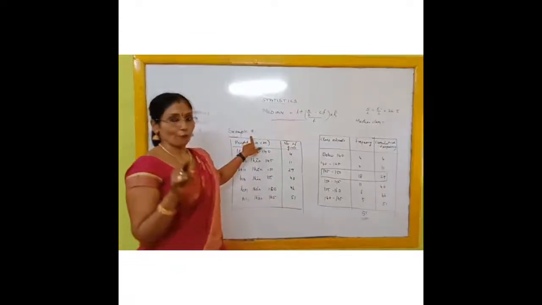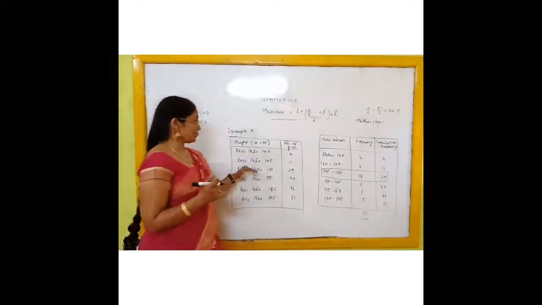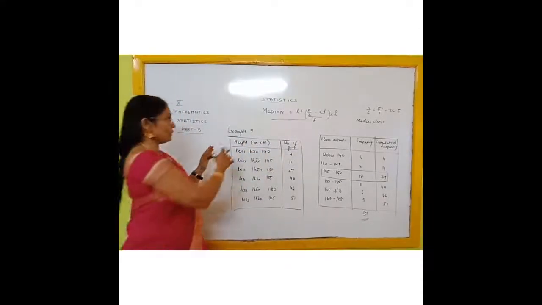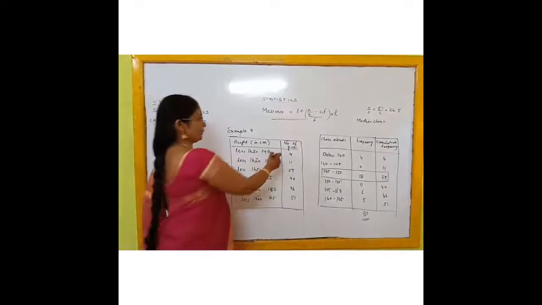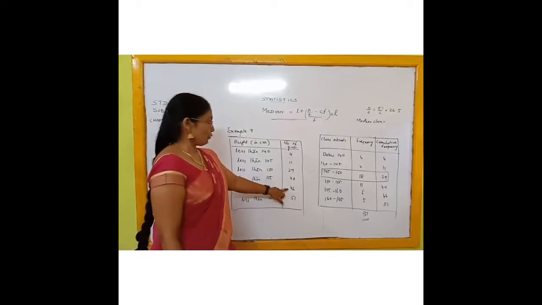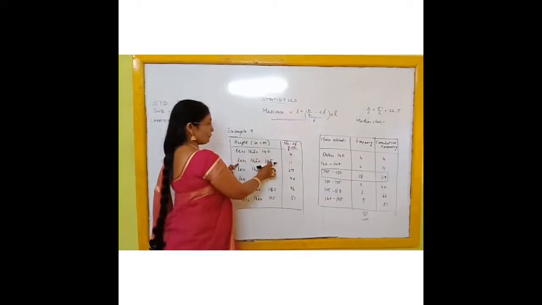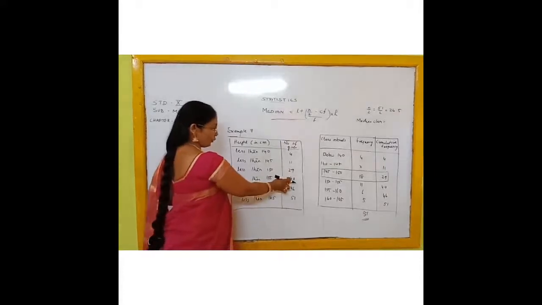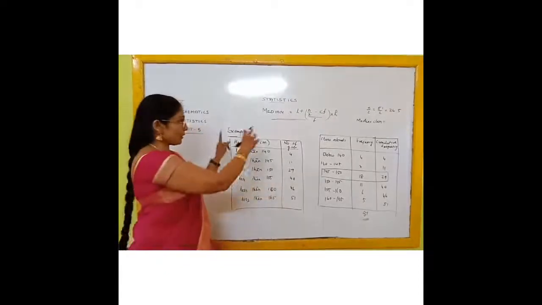Listen, children. Example number 7 of your textbook. One question: class intervals are not given, but it's given as less than. Heights of 51 girls are given. Here the number of girls, that means 4, 11, 29, 40, 46, 51. These are the cumulative figures. That means less than 140, 4 students are there. Less than 145, 11 students are there. Less than 150, 29 students. Less than 155, 40 students. Less than 160, 46. Less than 165, 51 students. Like this, one column is given.